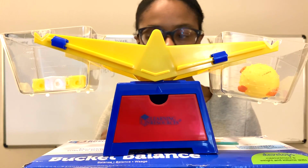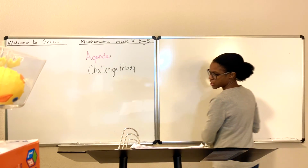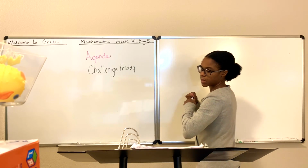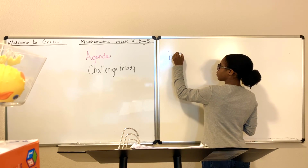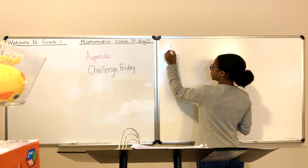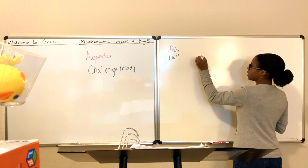So very soon we're going to write, in fact, let's write down on the board even now. The weight of the ball is equal to 5 cubes. I'm writing on the board so you can see how you'll write it in your workbook. You'll say, in the far left column, you'll say ball, or yellow ball, or for this, a fishbowl. So fishbowl, and number of